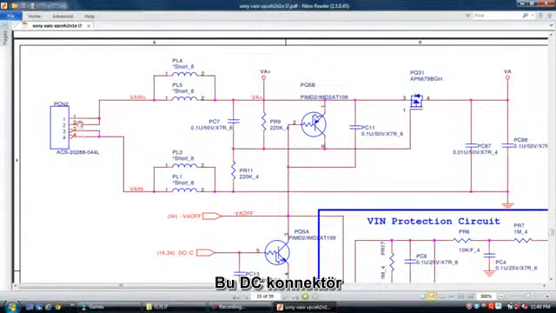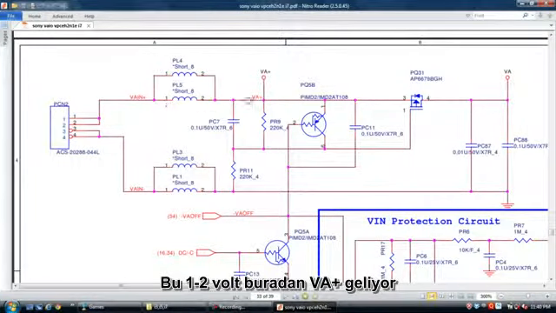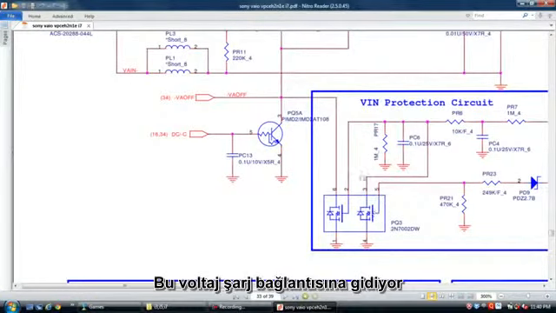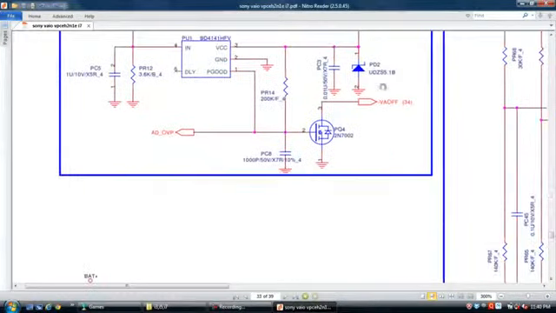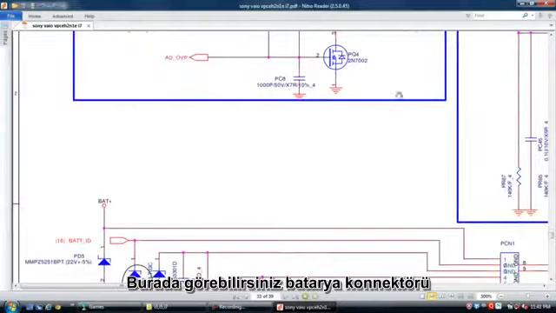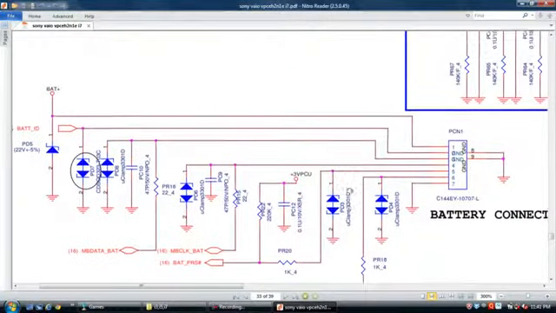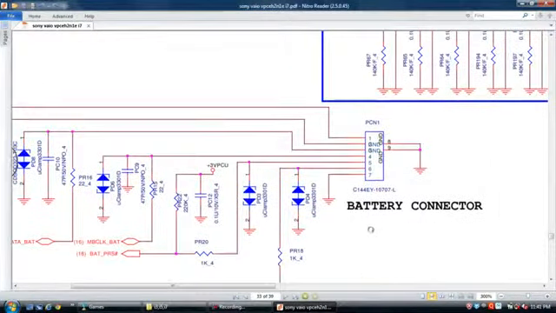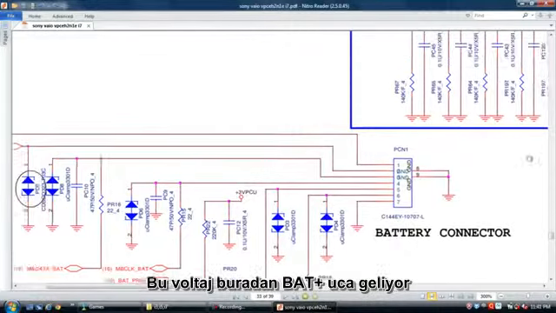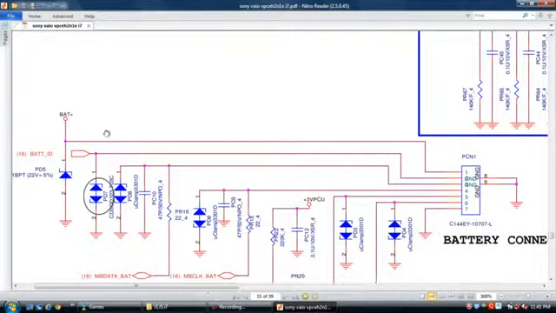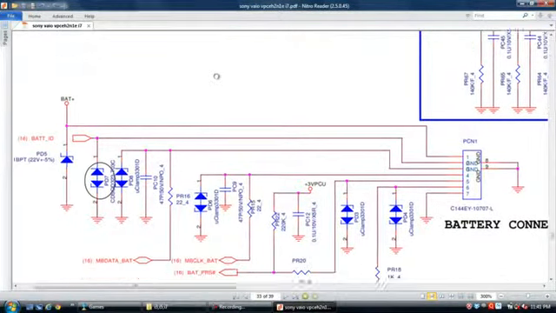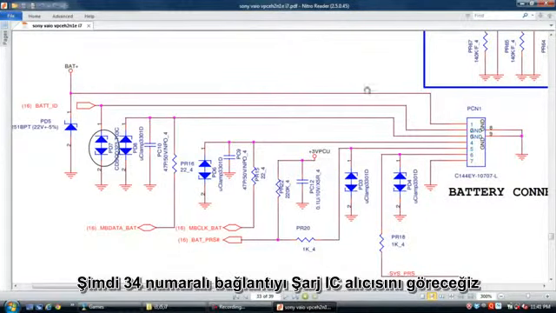Now we will see page number 33 first. This is the DC connector. This 1-2 voltage comes to here, VA plus VA. This voltage goes to the charger page. See here, battery connector. This voltage comes out from this place, BAT plus, and goes to BAT plus. Now we will see page number 34, charger IC.